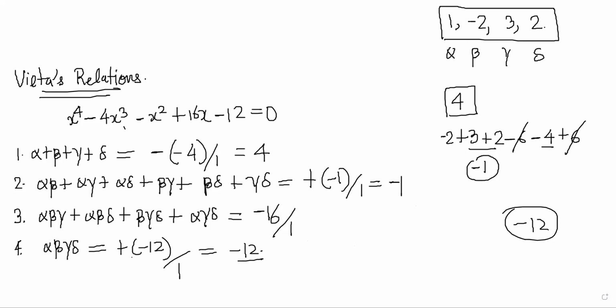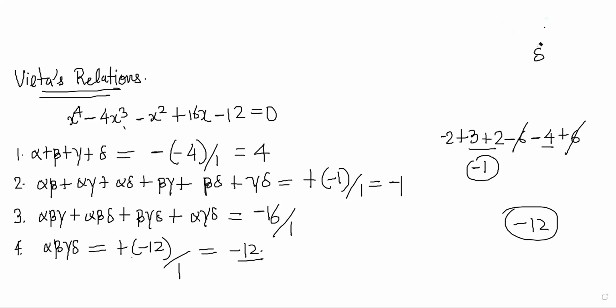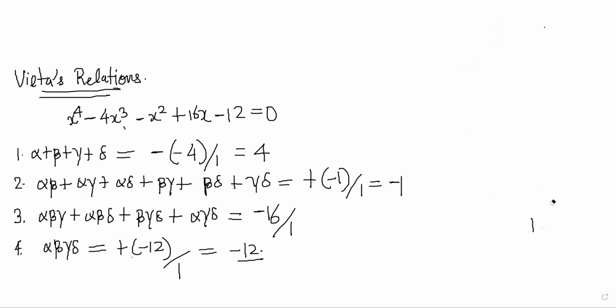Right? So now in an unknown equation, when you don't know the roots, still you should be able to write these. Suppose this was not known, you will still be able to find these four things, no? Vieta's relation is always true, even if the roots are imaginary or something like that. Roots real, imaginary, it doesn't matter. It's always correct. So this thing is very useful.